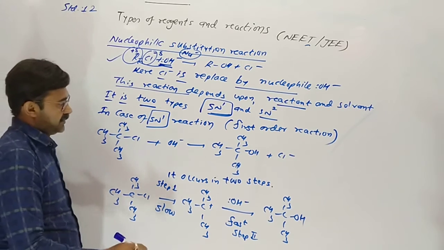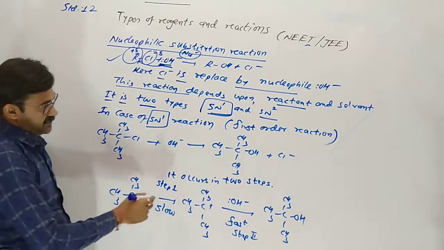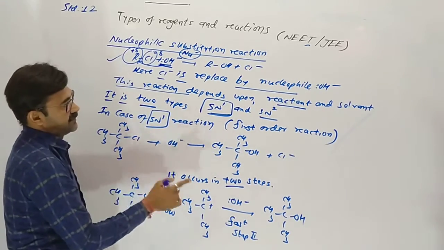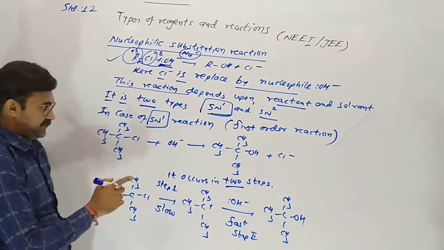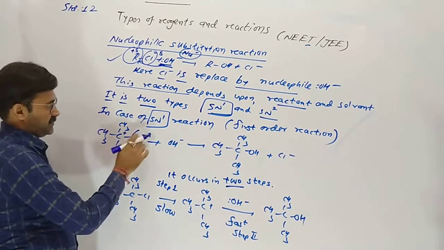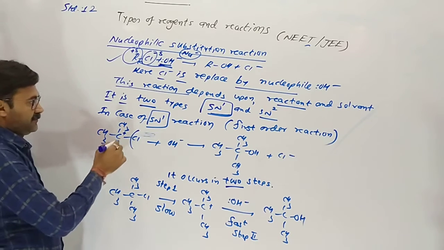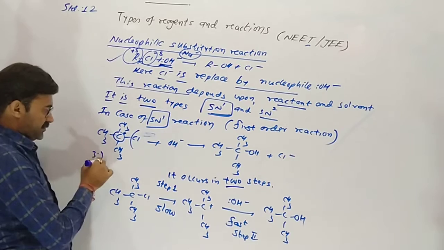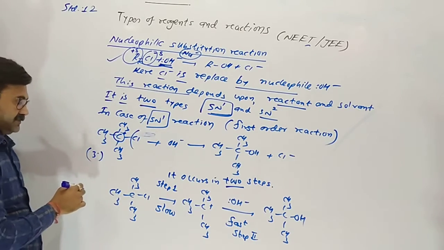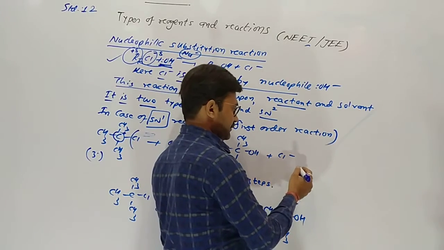How can we see? It occurs in two steps. SN1 means it occurs in two steps. After removal of chloride, this carbon becomes positively charged, and this carbon is a tertiary carbocation. So whenever the carbocation is stable,